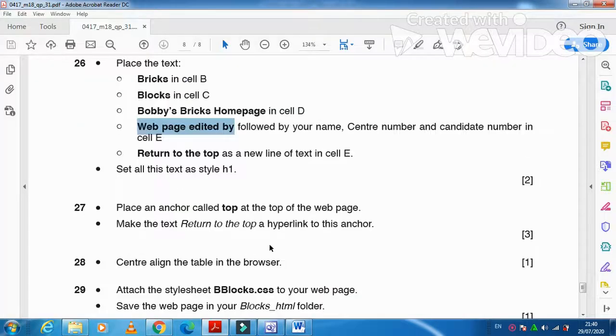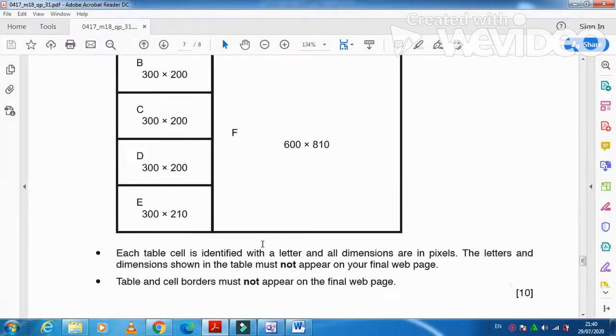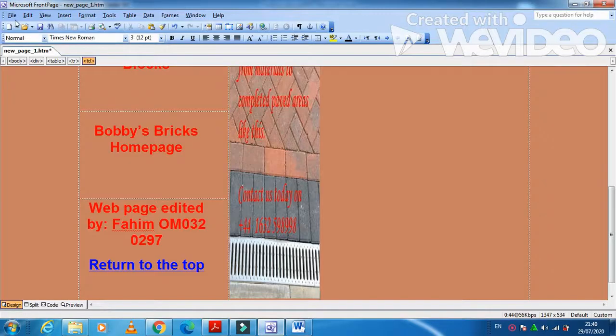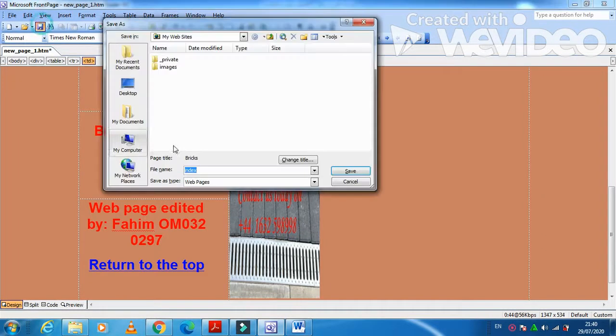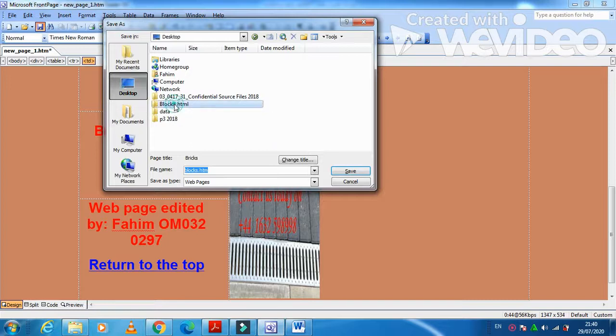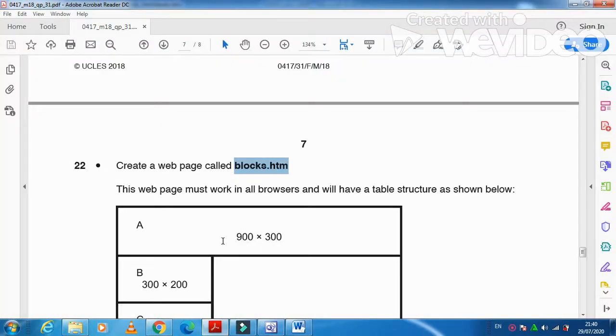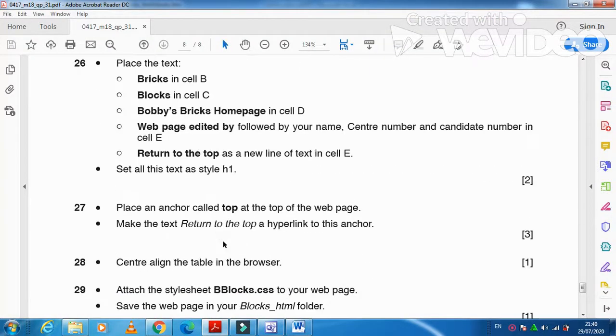Once you attach the style sheet, as they have mentioned here, our web page name is blocks.htm. So you need to save this one as this web page, on the desktop into the same folder as blocks.htm. That must be done earlier, but as we have just skipped it, it should be done at the top.